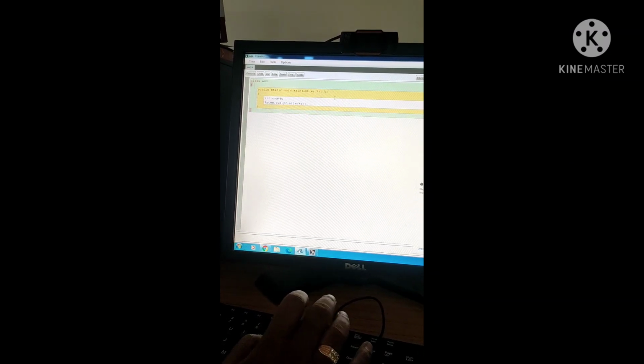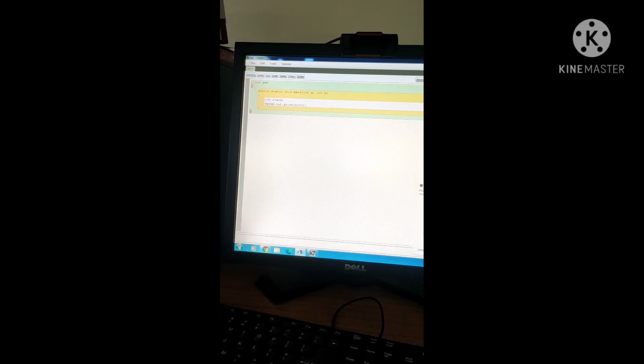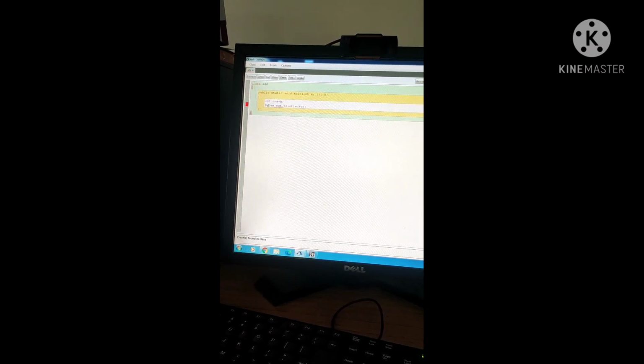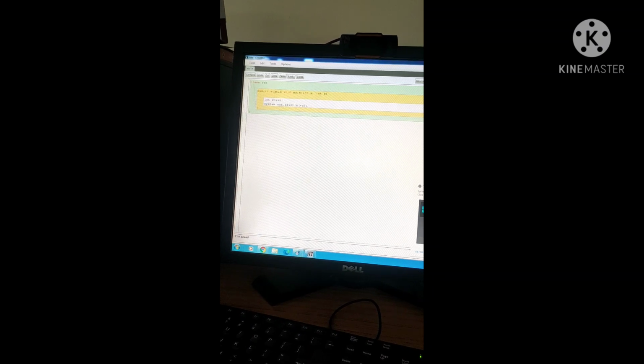When completing this, you have to concentrate on where the semicolons are provided. See here, System. If there is any mistake, a grammatical mistake, it is automatically shown with a red mark. See here, no errors are there.